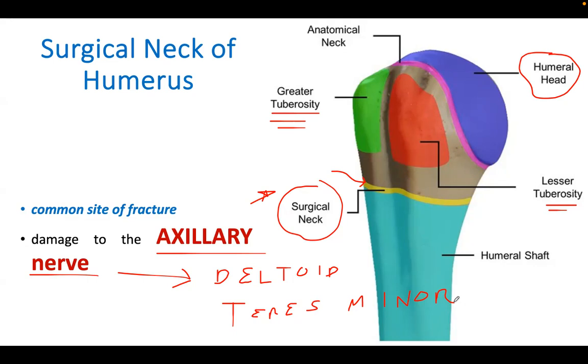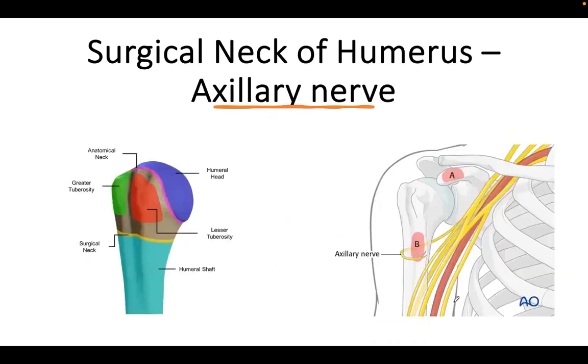So it's either going to be paralysis, that would be the acute manifestation, or a chronic denervation manifestation, which would be atrophy. Now, the surgical neck of the humerus is very close to the axillary nerve, as you can see